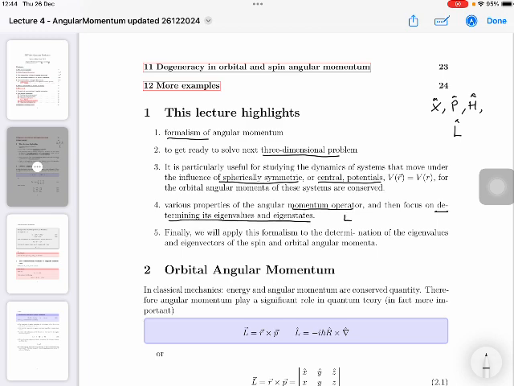So you have commutations and eigenvalue equations that look like this. So you have the eigenvalue equation. And then finally we will apply the formalism to determine the eigenvalues